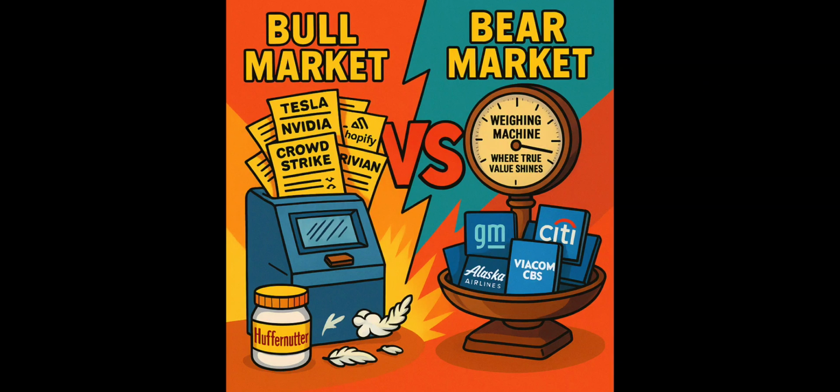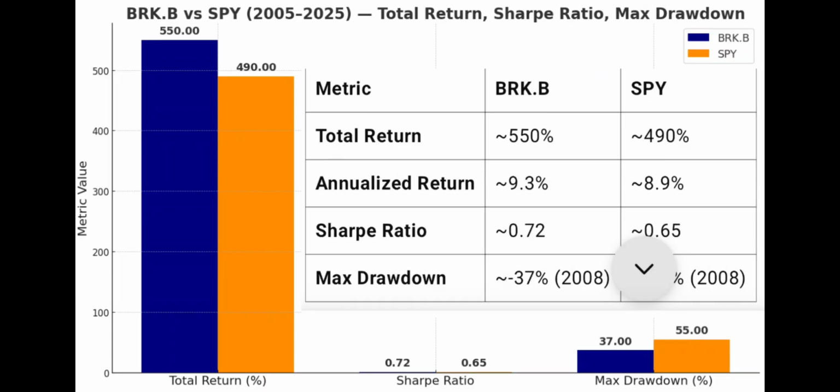So that's why I like deep value companies, especially to complement a lot of the other stuff that we have in YieldMax. If you think about YieldMax, they look for the most volatile companies because they have good option premium. And just look at the big picture before we dig deeper into Berkshire Hathaway, is that if you look at the past 20 years, you could see that Berkshire